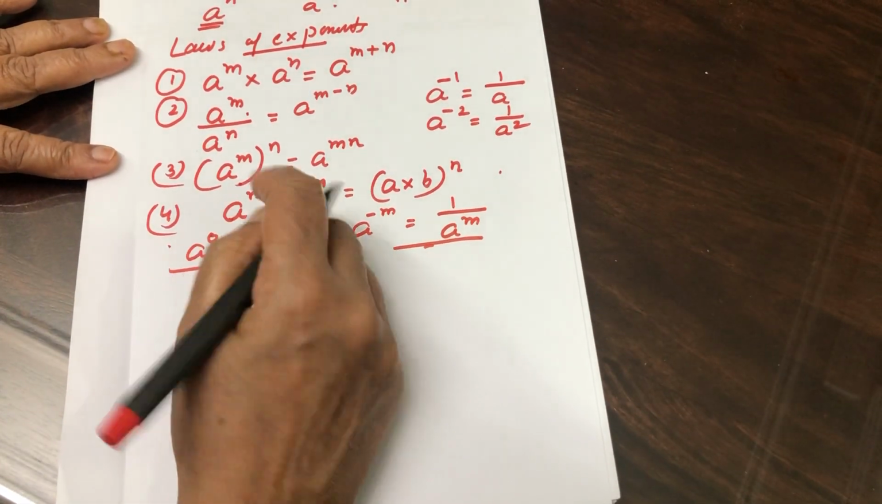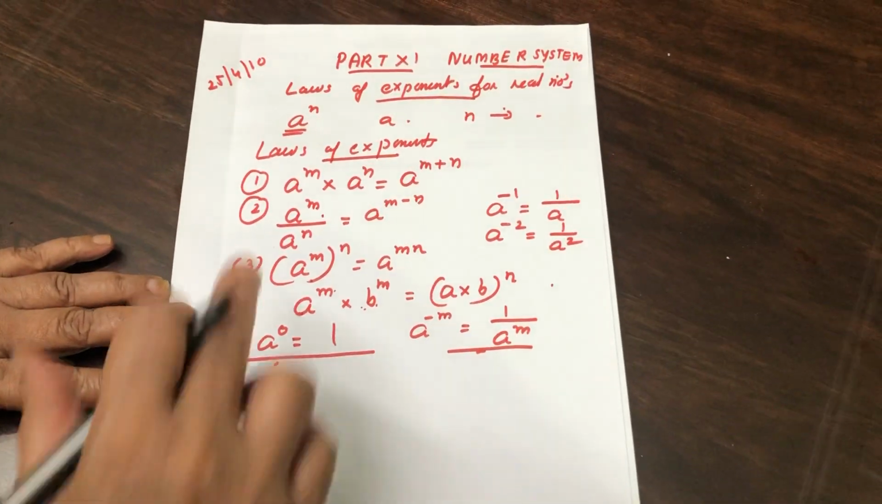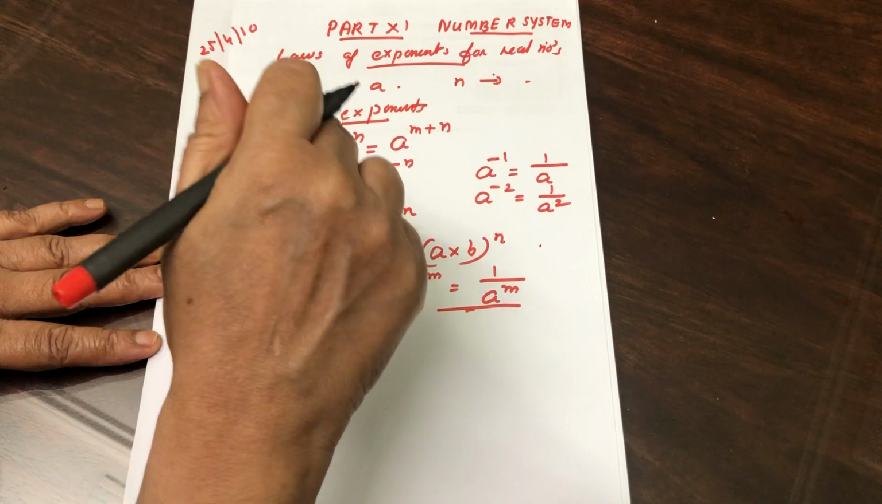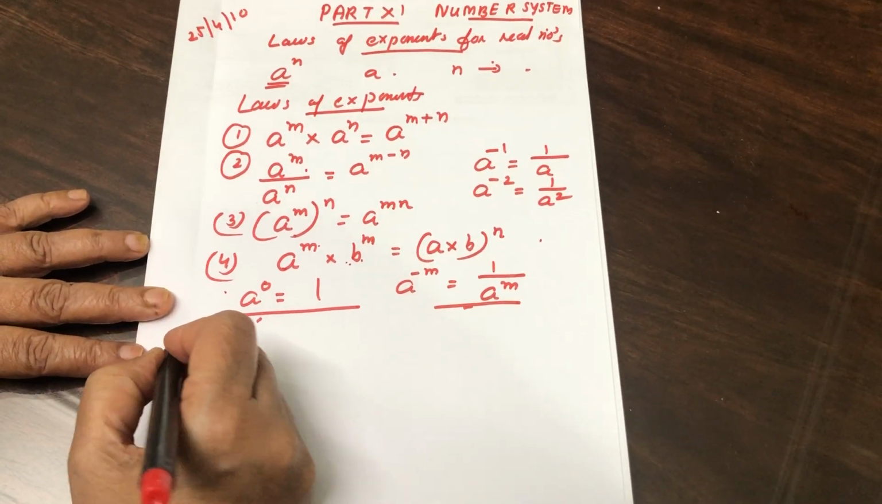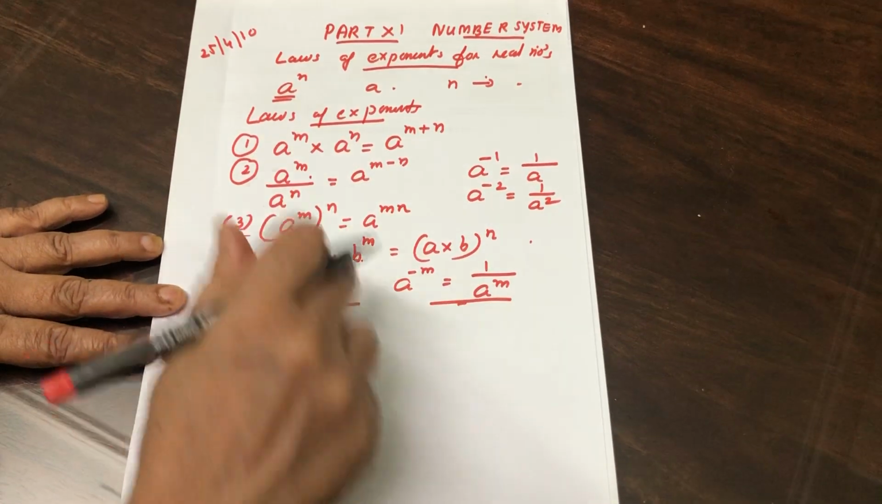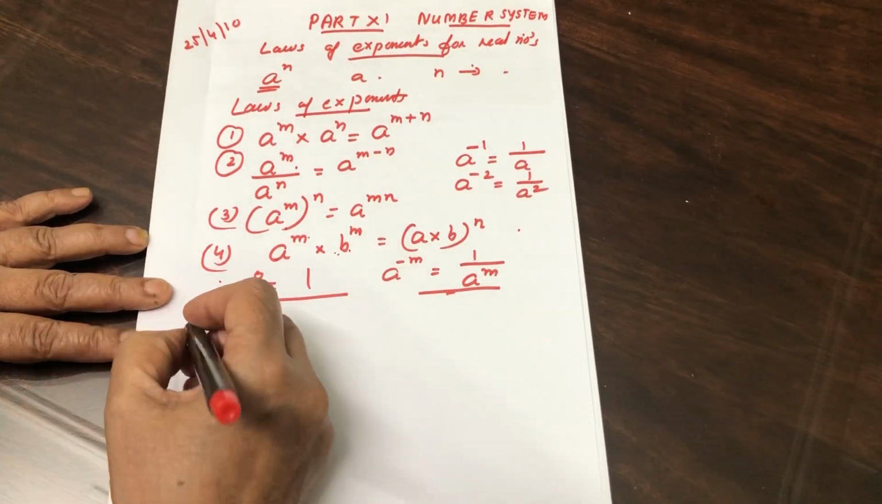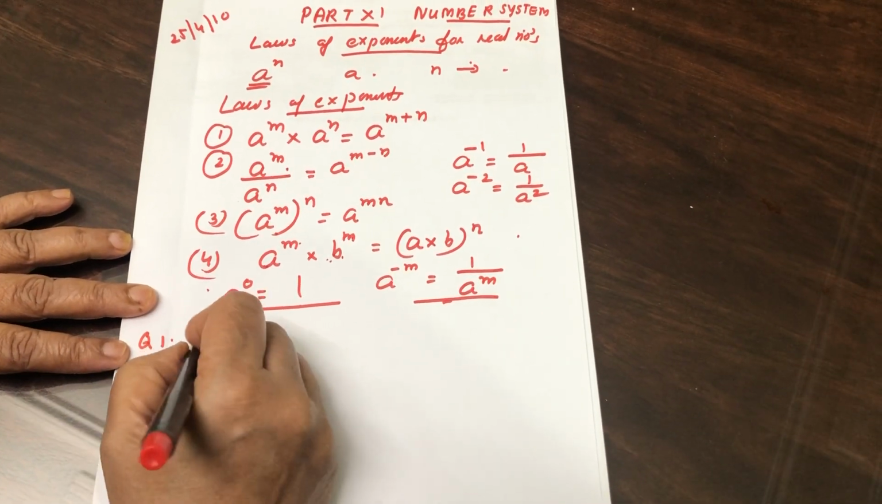These are the things you have to remember. These are the laws of exponents. I am going to apply all these laws in doing the questions. That means in the case of rational exponents, I am going to use these. So question number 1, find